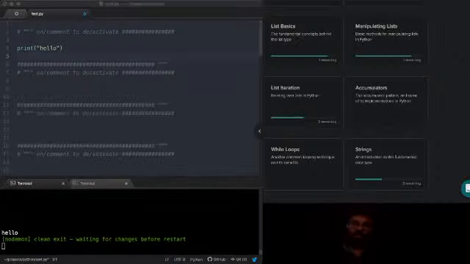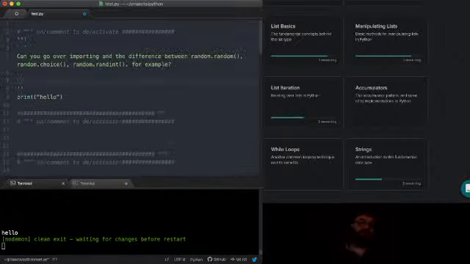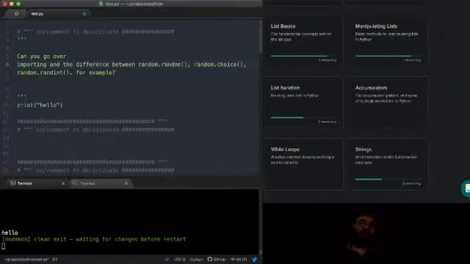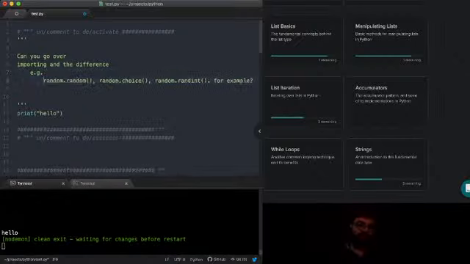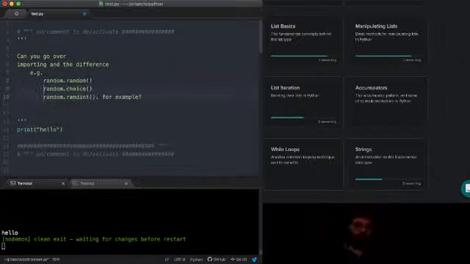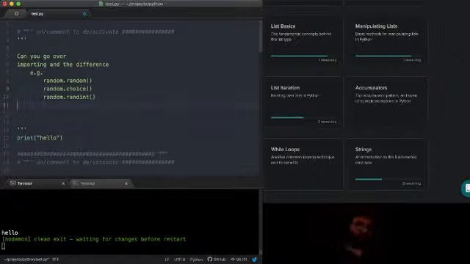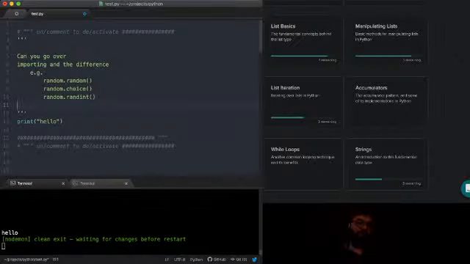Okay, so let's go over this question. I'm just pasting it in my text editor here, and we'll go over it. The question is, importing and, by example, random.random, random.choice and random.randint.